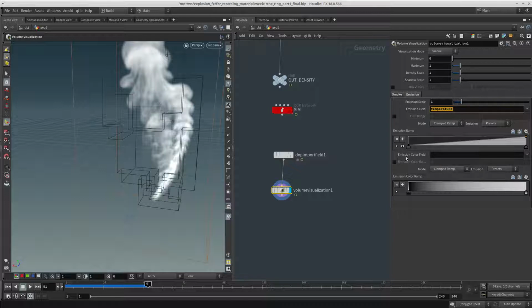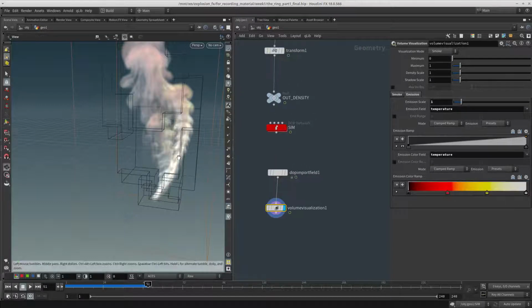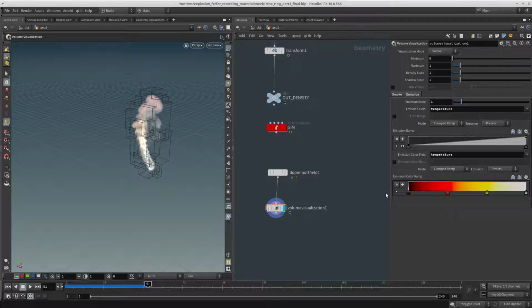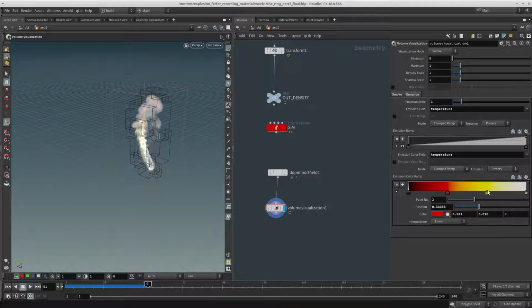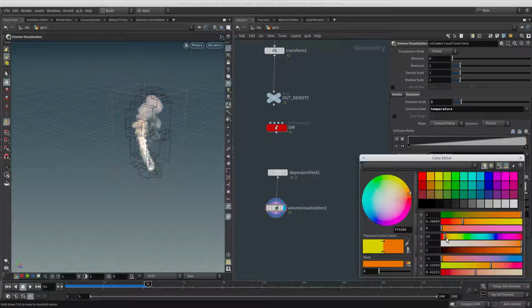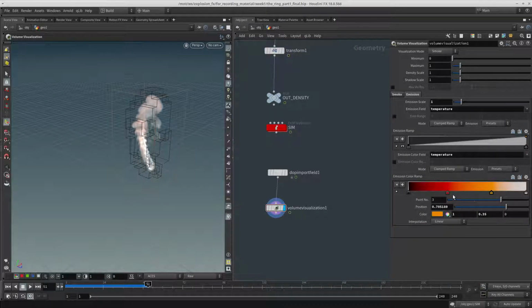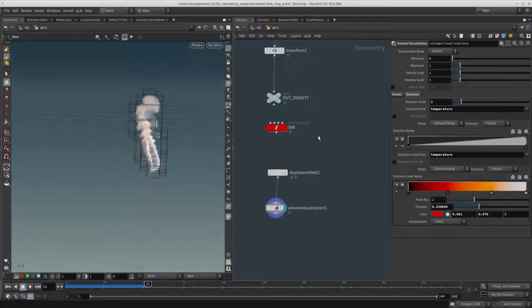The emission color field is also the temperature, and I'm gonna say I want to use a black body ramp, so it looks like fire basically. I'm gonna change this a bit, and I'm gonna change this as well. Cool, so this is my range,